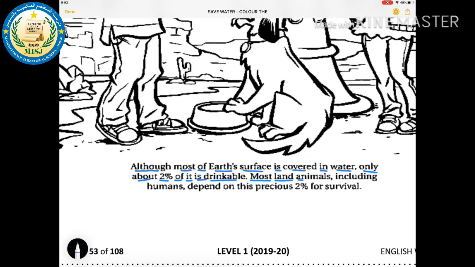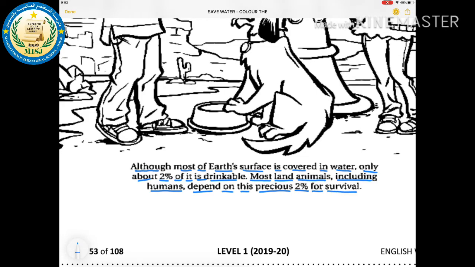Most land animals, including humans, depend on this precious 2%